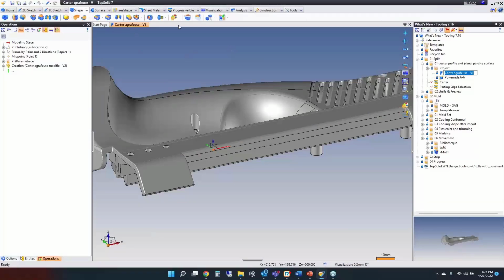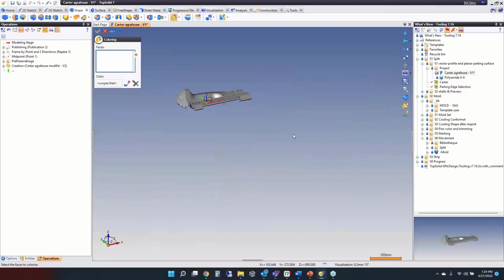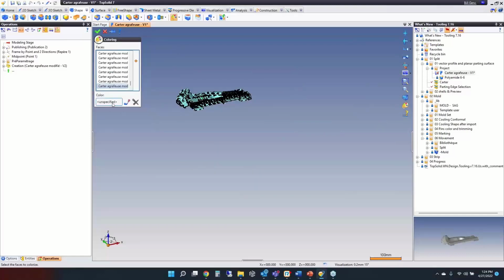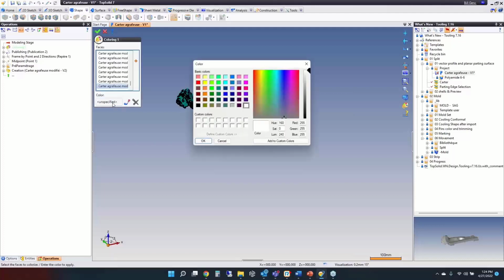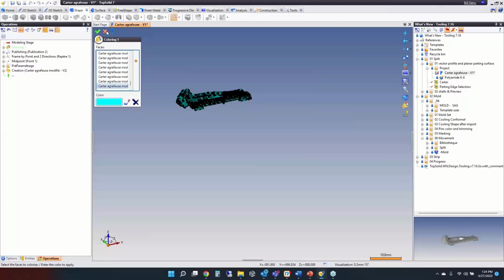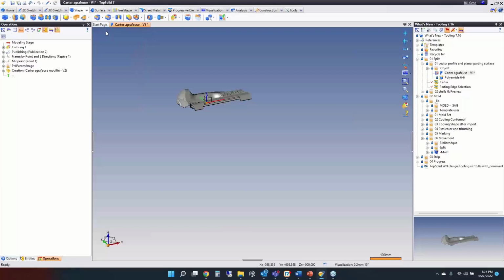So, the easiest is to go to the color command, select everything, and leave it unspecified. And then that will remove all the color back to whatever the default color was. Or you can specify in that command whatever color you want it to be. Okay? So again, if you have imported models that come in with multiple colors, the other thing you can do